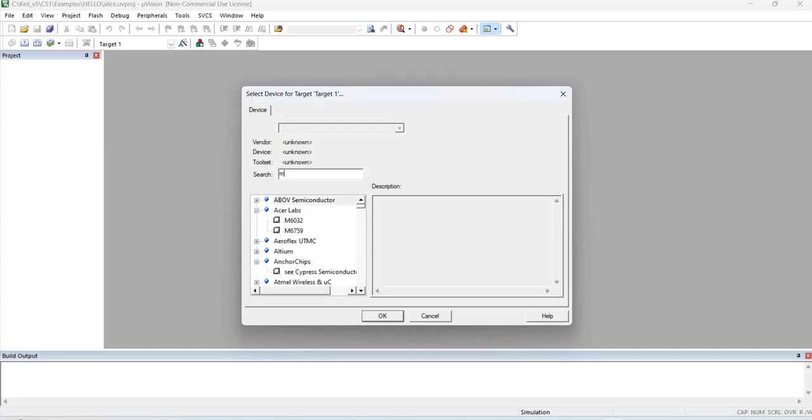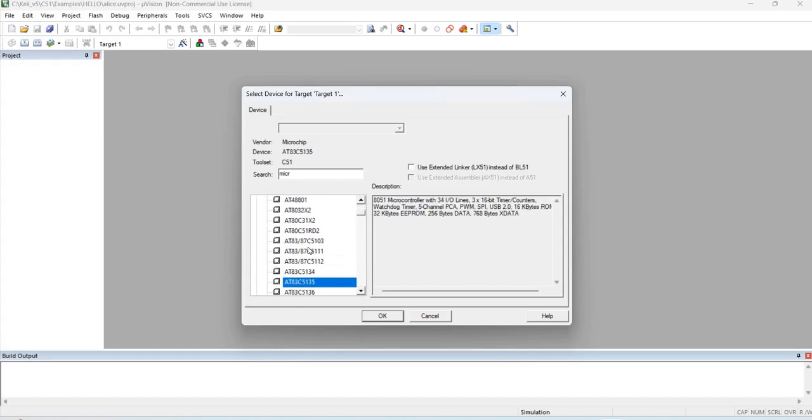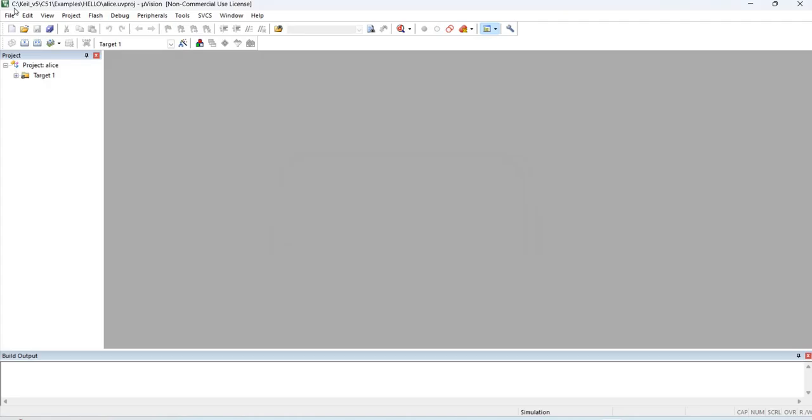Search for microchip. Plus sign. Then search for 8089 C51. So your 8089 C51 is here. Click on OK. Click on no.